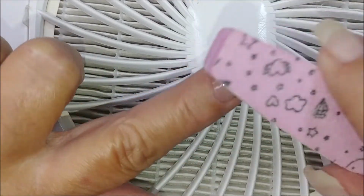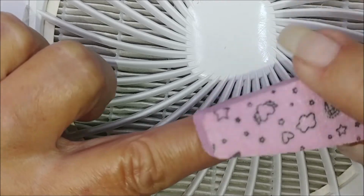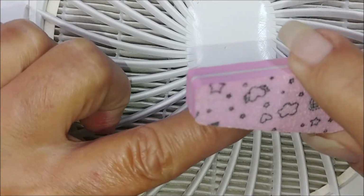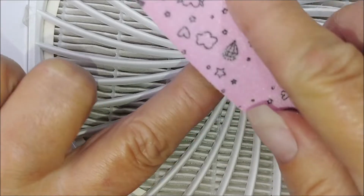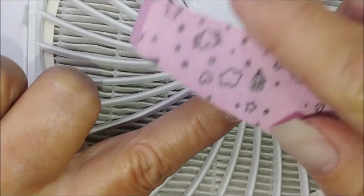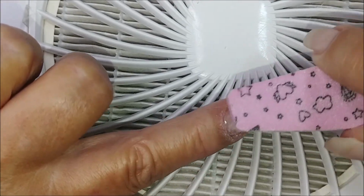I ended up buffing the matte top coat because I couldn't stand the texture. I mean, it's alright if I'm just doing it for a mani, you know, I'm just going to take a couple pictures, yada yada, and then pop it off. But living with the matte top coat...